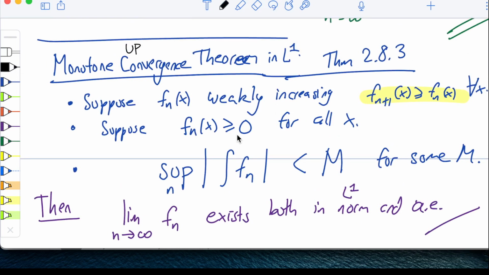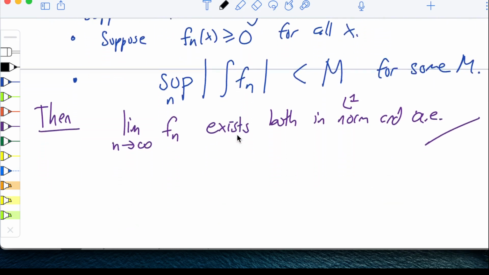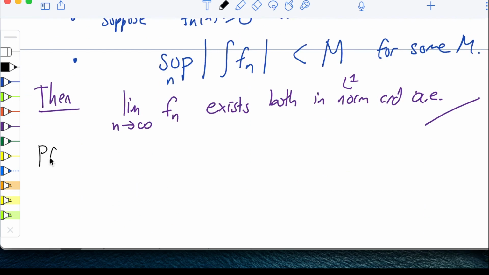In fact, in the textbook, they define what it means to be monotone. It means either monotone increasing or monotone decreasing. And then they prove it for monotone. But it's just that one, and then the other one is a minus sign away. Yeah. Good point. Okay, so like I said, the proof is a nothing burger because